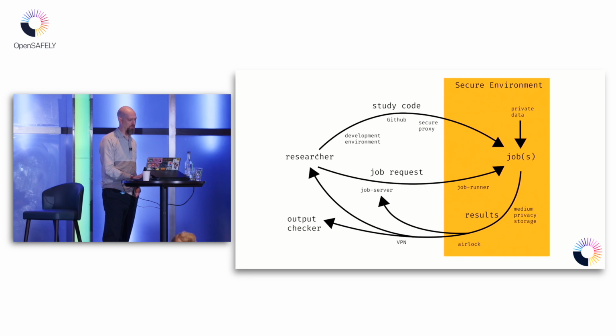So let's say you're a researcher, you write some study code in your development environment, you push it to GitHub, then maybe you go to job server, you create a job request, job runner picks that up and pulls it into the secure environment and creates a job. That job is going to pull in your study code from GitHub via the secure proxy, and it's going to pull some stuff out of the private data, which is a big database full of sick people, but that's not important right now. Hopefully your job is going to succeed, it's going to complete successfully and write some results into